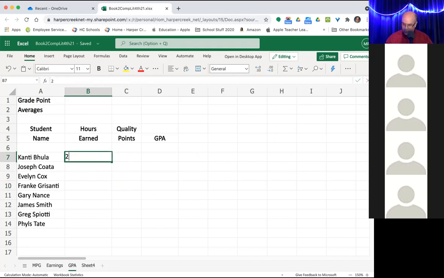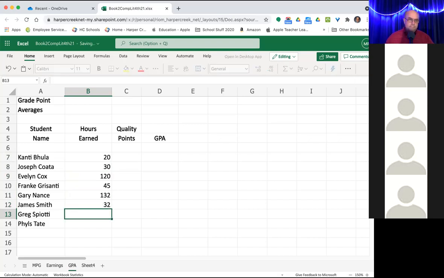We get 20, 30, 120, 45, 132, 32, 90, and 20. The quality points is going to be 80,